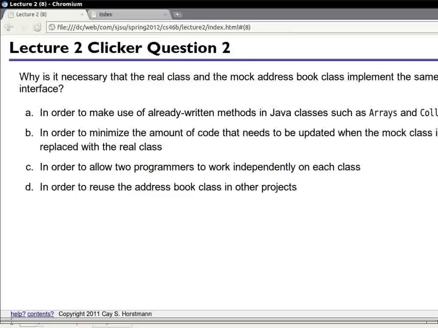Clicker. Poll choices A, B, C, D. All right, so